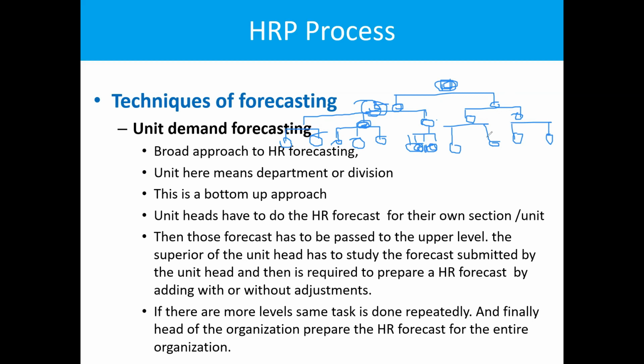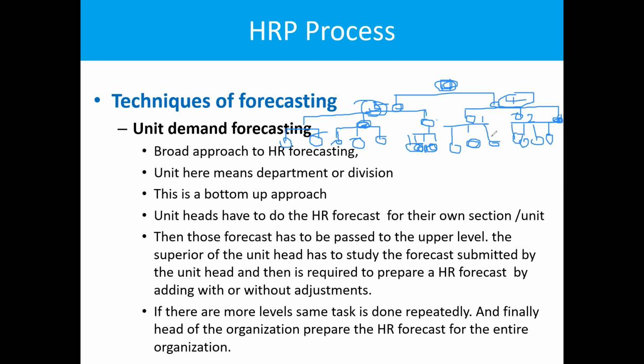Let's say he determines 1 employee needed, and he determines 2 more employees needed, and he determines another 1 employee needed under him, right? So altogether 1, then 2, then 1, so 4 people needed,